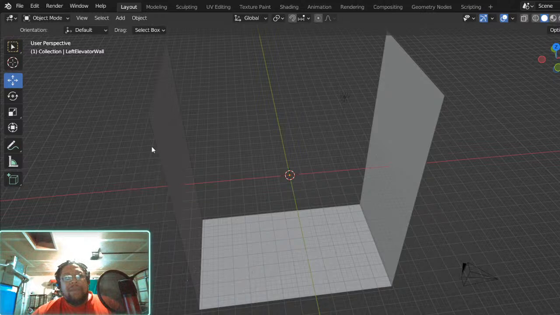I grabbed a couple from here. So let me see, where am I going? Remind myself where I'm going. I'm going to current Blender projects. I mean, the elevator folder. Did I make an elevator folder?